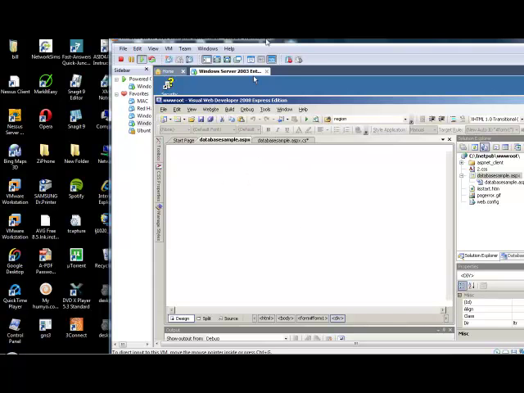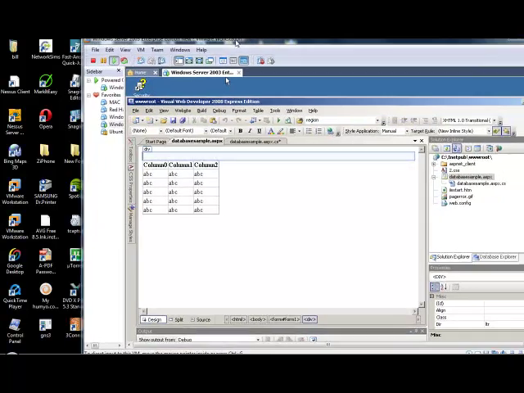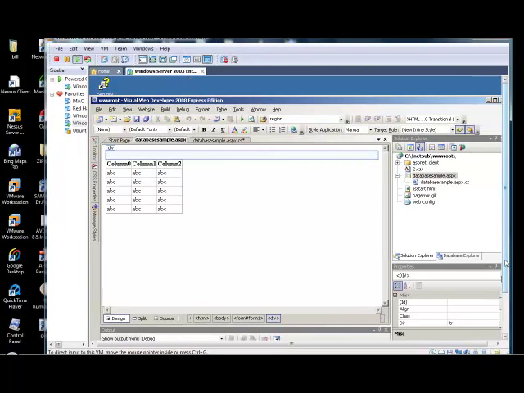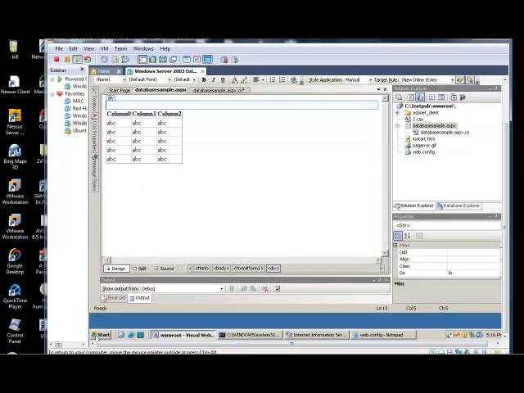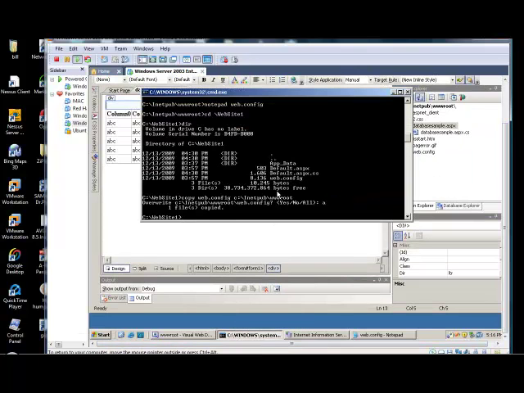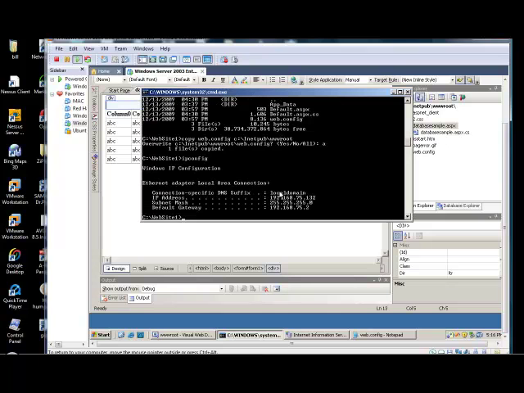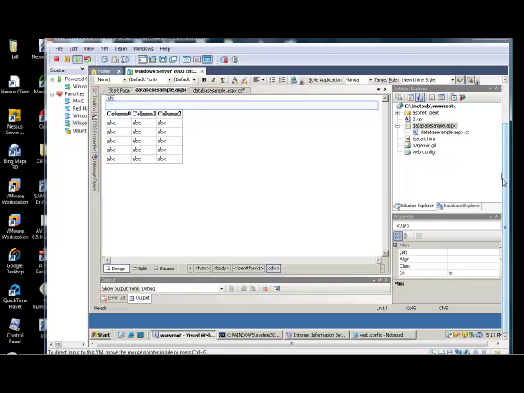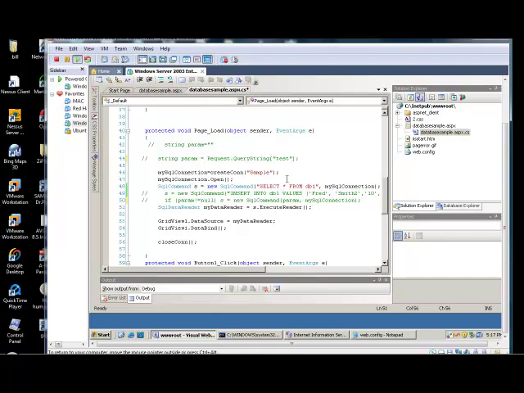We have a virtual image here that we're going to modify so we can get the IP address of the actual virtual image, so it's 75.132. So we're going to contact this image from our desktop. Okay, so we have a data grid here, and then we've associated page load, and so